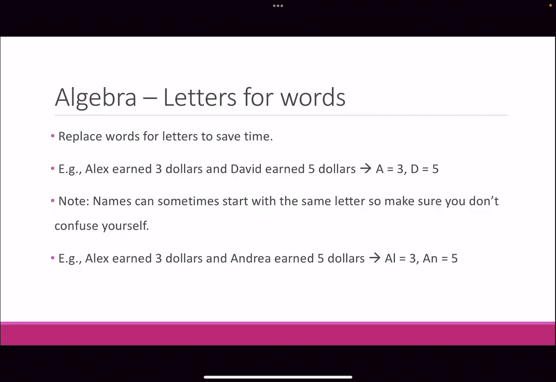Let's get straight into an overview. So we're going to be looking at two different topics today before we get started. The first is going to be algebra. So in terms of algebra, we're going to be looking at replacing words with letters, and this is to save